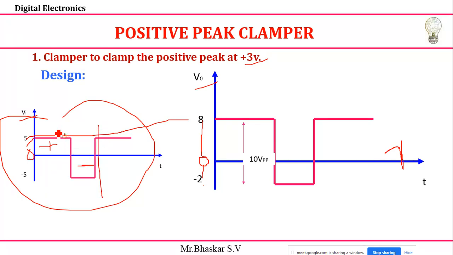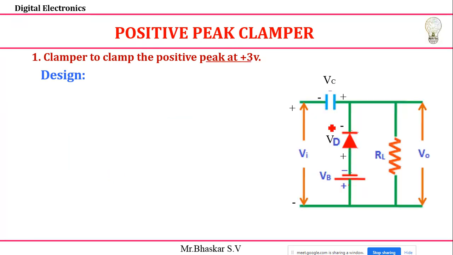So when is the diode forward biased, in the positive half cycle or the negative half cycle? Yes, the negative half cycle of the input signal, because during the negative half cycle, as I told in theory, this terminal is minus. If it is minus, current flows here. This terminal is minus and the other terminal is positive, so automatically the diode will be forward biased. Because the cathode is minus and the anode is plus, it is automatically forward biased.